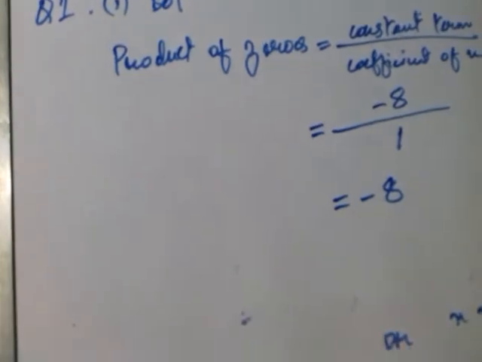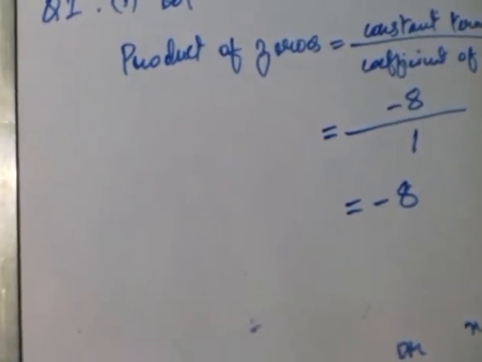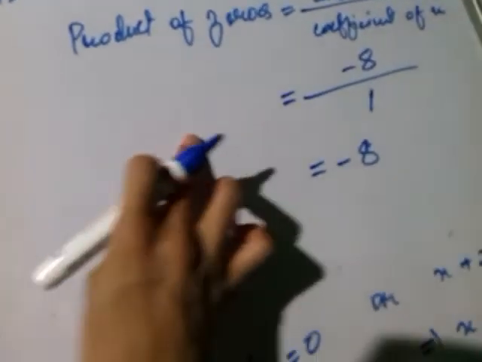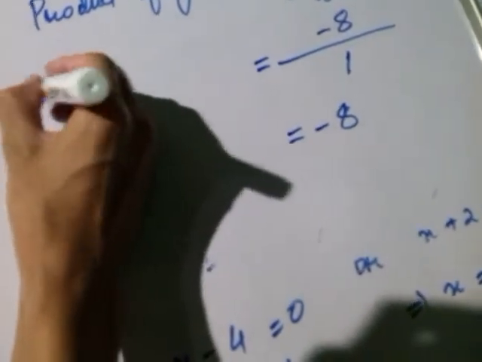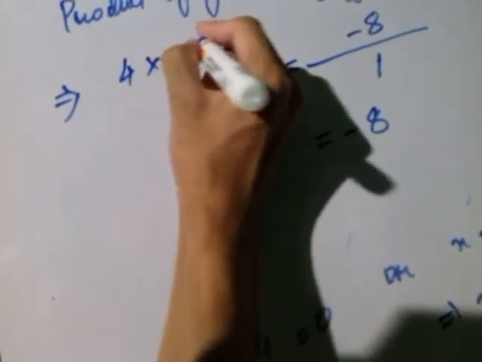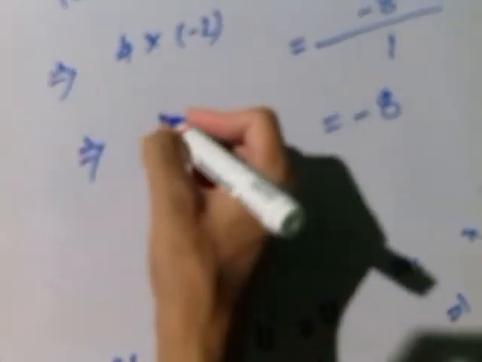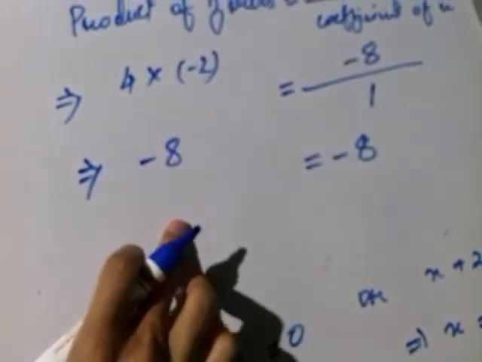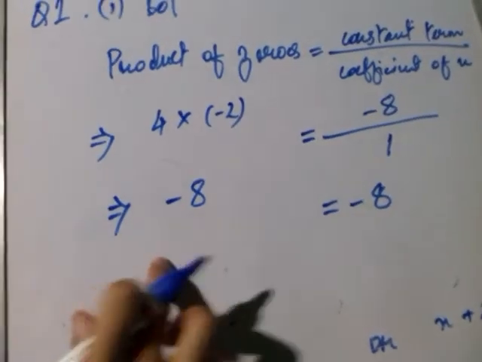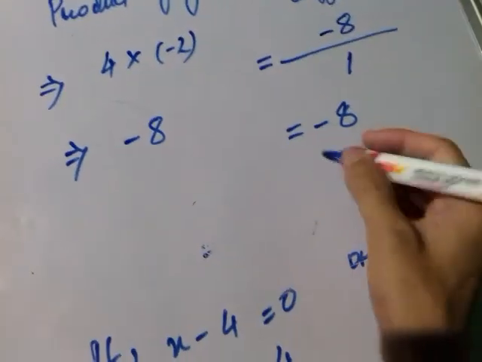And after that, product of zeros of 4 and minus 2: 4 into minus 2 you will do, that is minus 8. Yes or no? So you see here, minus 8 and minus 8 are equal. So you will write here, hence